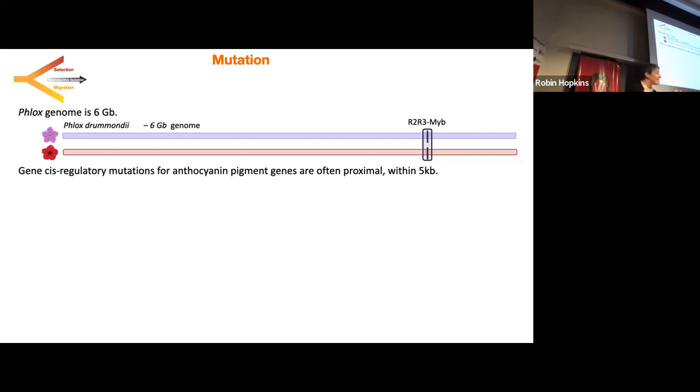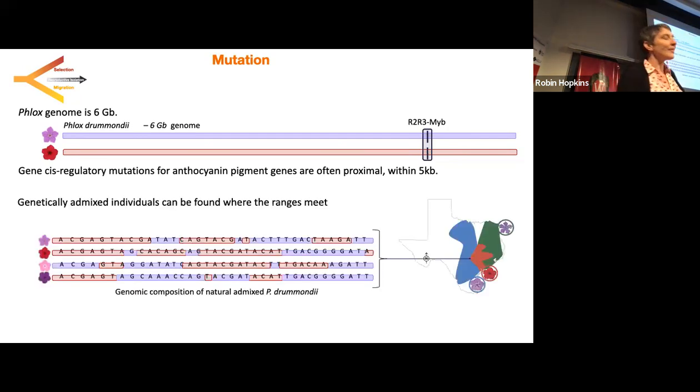So what we want is a little snippet of the genome. I don't care about the rest of the 6 gigabases. That's really, really hard to look at in an F2 population, right? A 6 gigabase genome on 7 chromosomes, how many F2s would you need to fine map that? I don't even want to think about the greenhouse space. We'd need greenhouses all over the world to get enough plants to fine map that.